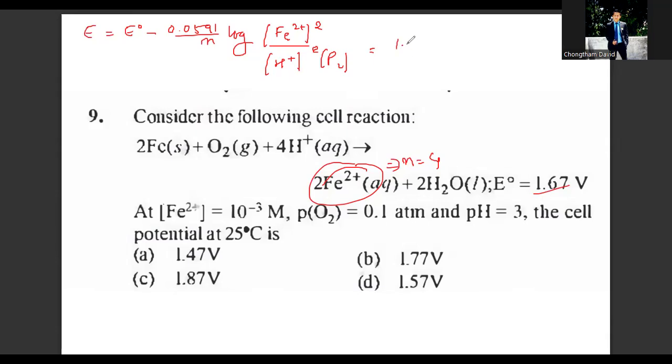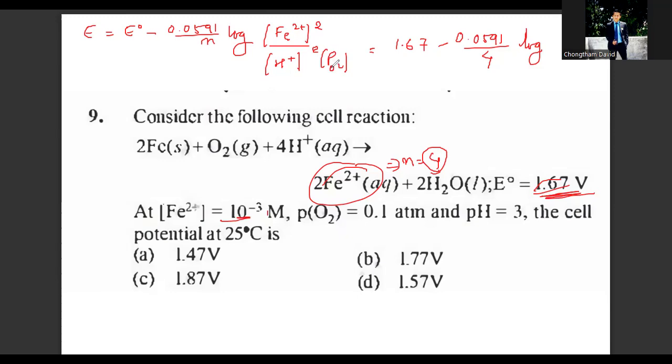What is the standard cell potential according to the given question? 1.67. I hope you can see this one, right? So subtract this 0.0591. What is the total number of electrons that is involved here? I have already explained before. That is 4. Then multiplied with log concentration of iron given to you already, yes, 10 to the power minus 3, right? This one. Then substitute again the value of this hydrogen ion concentration. The 10 to the power minus, sorry, this should be